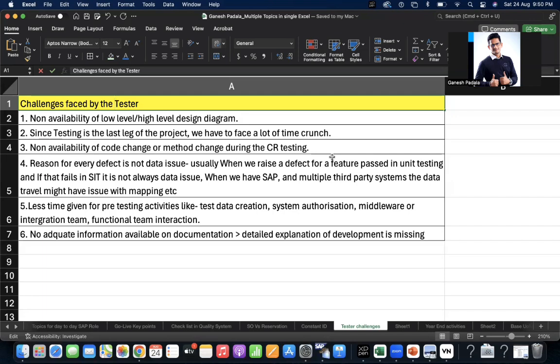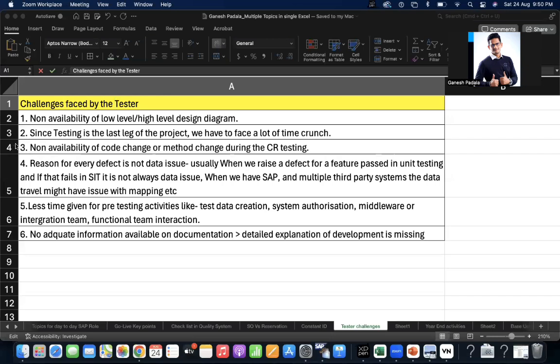Another one is that testing is the last phase. Since testing is the last leg of the project, we have to face a lot of time crunch.